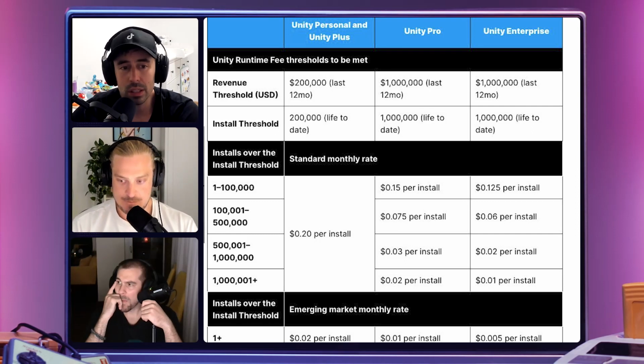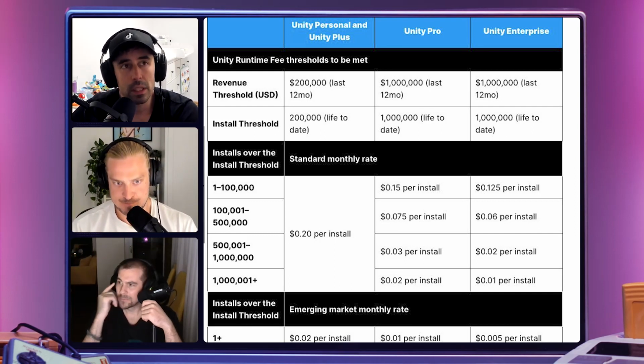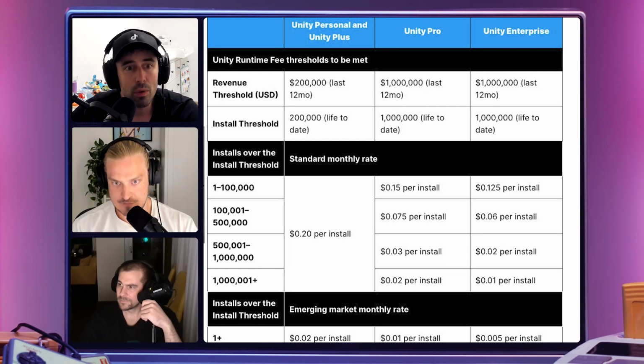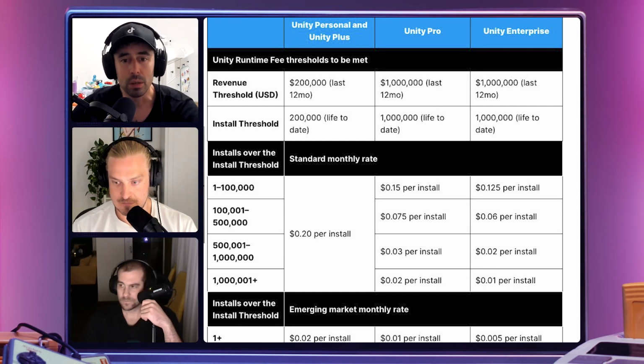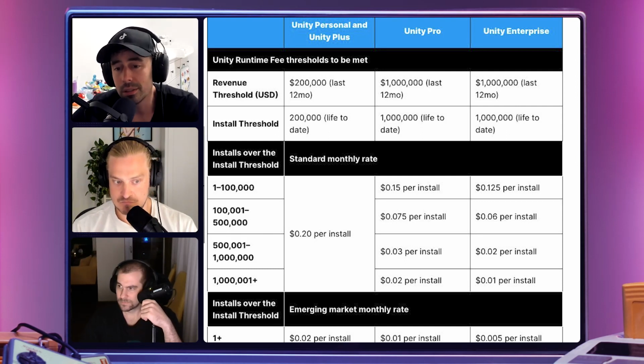So thank you Unity. But I had this kind of operations in terms of the UA in these tier 4 geos where I had literally 1 or 1.5 cent CPIs, but the LTV was like 1.9 cent, for example. So I literally had to buy a ton of users for this type of CPI, which then eventually made sense. But now it's just going away. Or we need to have a higher LTV. So the ball is on your court.